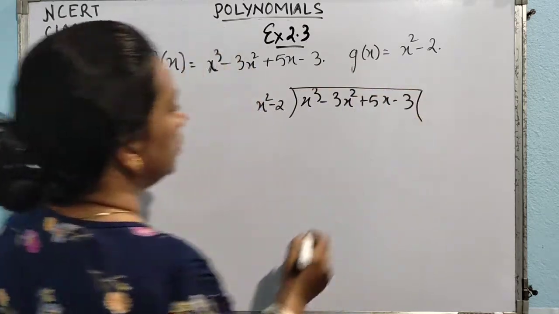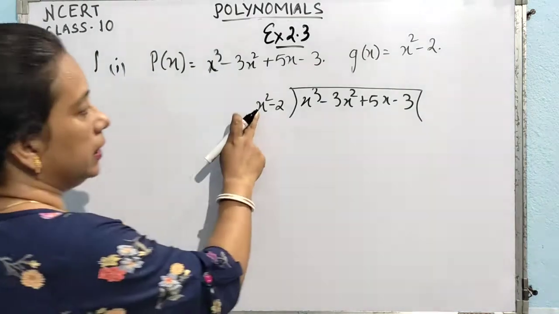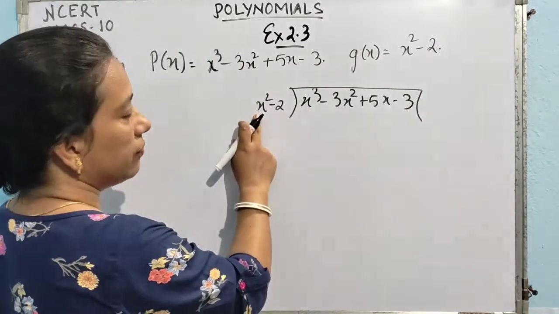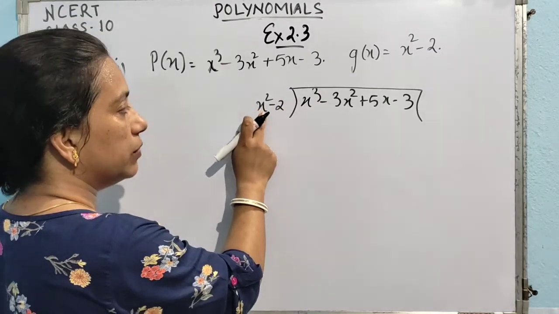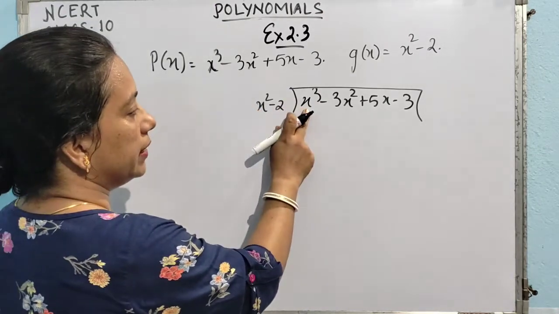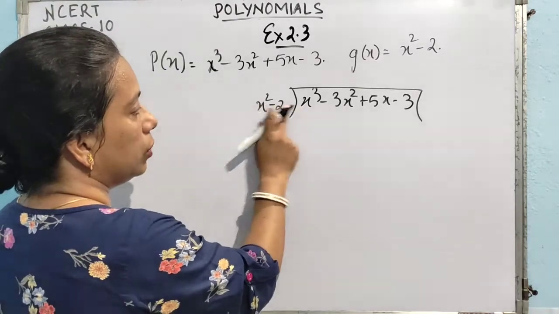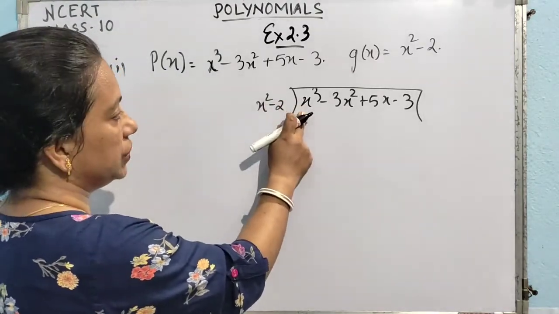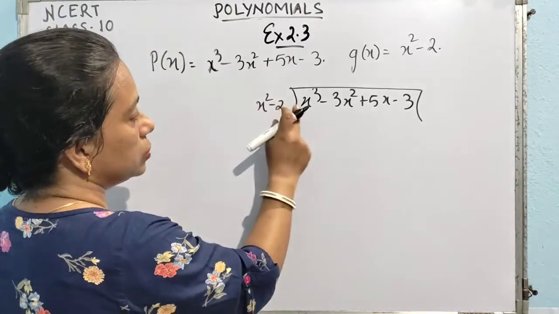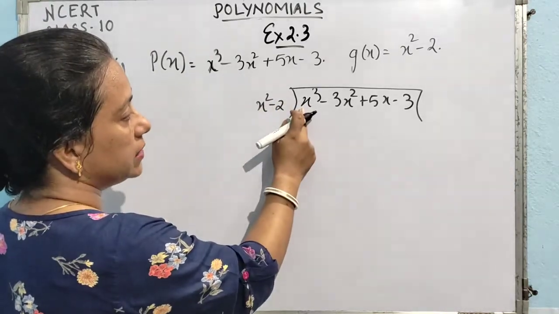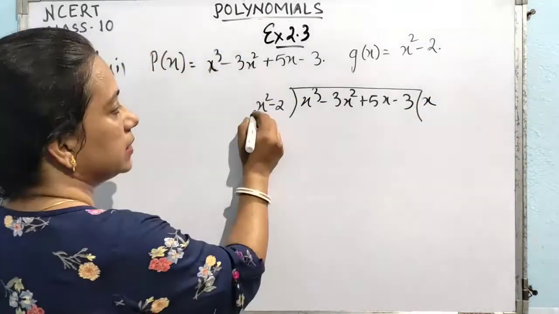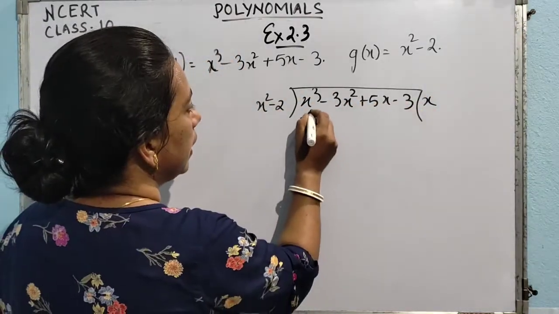In class 9 you have done these things. Here it is x square and it is x cube. So you have to think what has to be multiplied with this particular term in order to get this term. We need not worry about the coefficient in this case, because both are having 1 as a coefficient. Now here it is x square. So what more thing is needed in order to get x cube? X square into x. So we will multiply by x, x square into x gives you x cube.